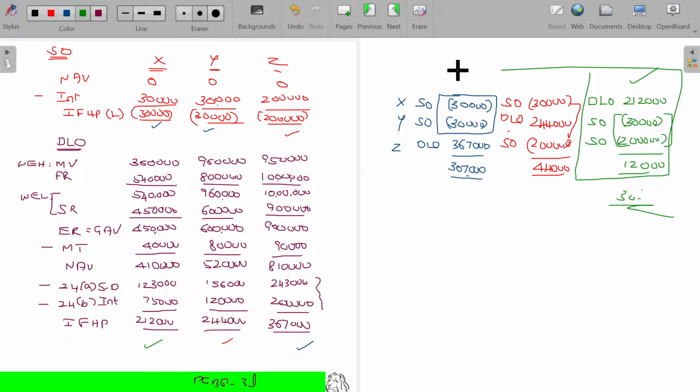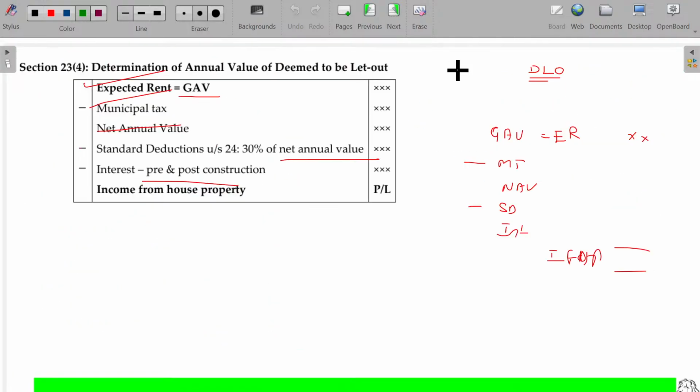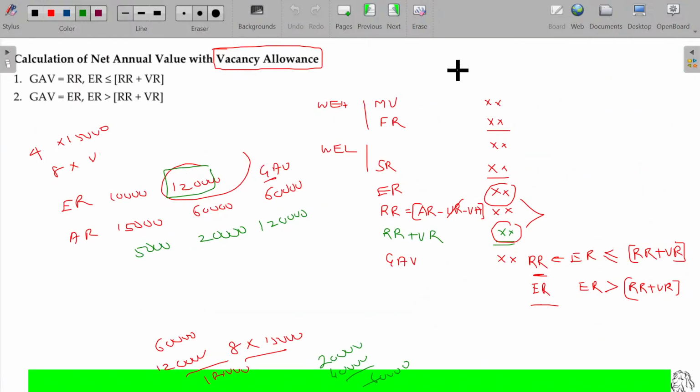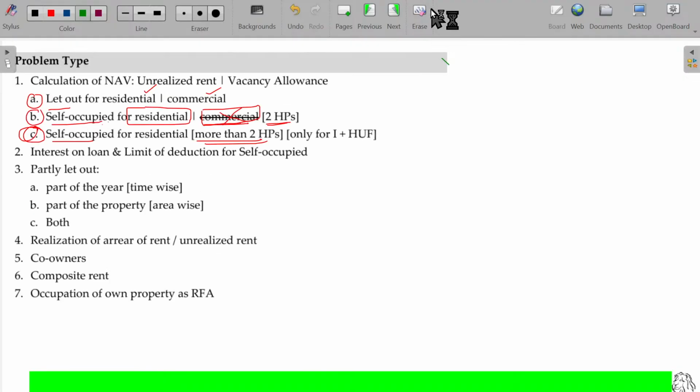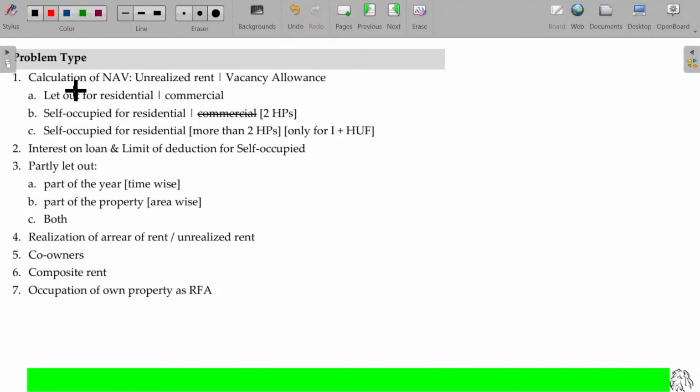Now, what are the practical problems you may encounter in this chapter? Calculation of NAV. In case of unrealized rent, how can we adjust? In case of vacancy allowance, how can we adjust? Let out for residential or commercial purpose, the treatment will be the same. Self-occupied is for residential purpose. In case of commercial purpose, it is not going to be considered under income from house